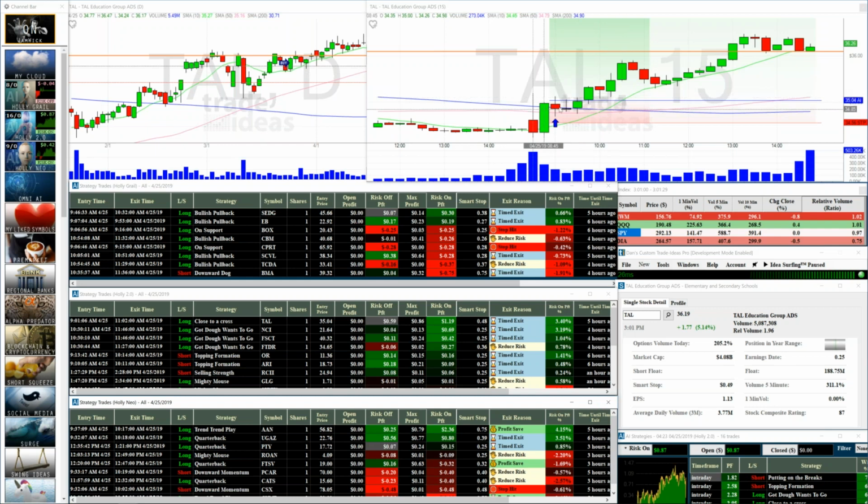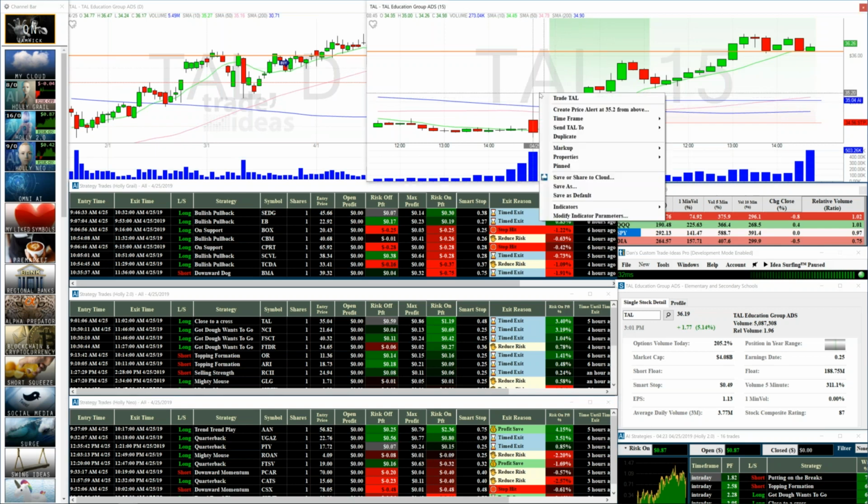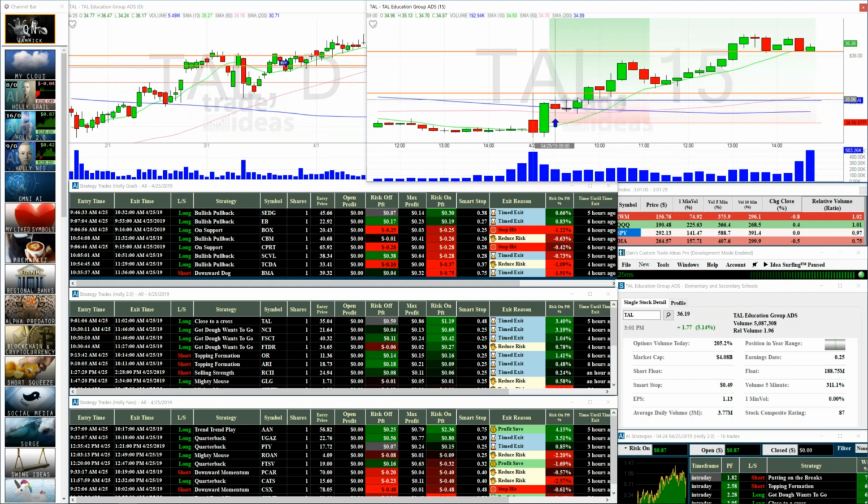So this one, once Holly got into it and went sideways here, it's kind of hard to see that opening wick there, but we did have a secondary pattern that could have been played on this one as well. When do you add to your winners? And if you're new, old to the business, what do they always say? Add to your winners, cut your losers. Well, adding to your winners, not exactly the most clear-cut